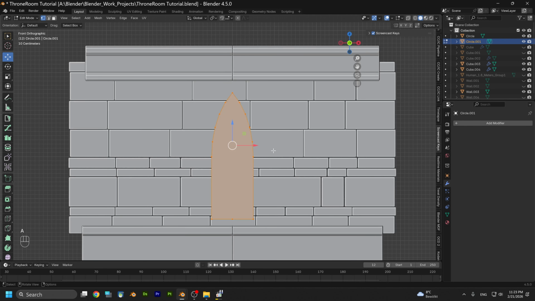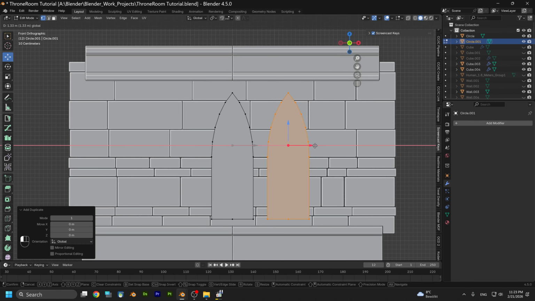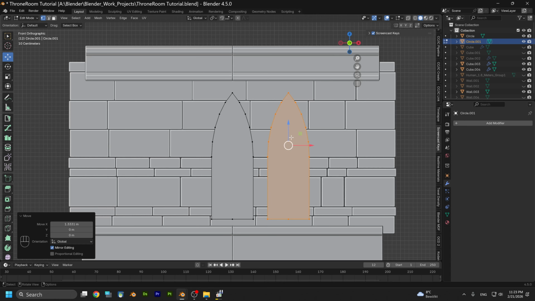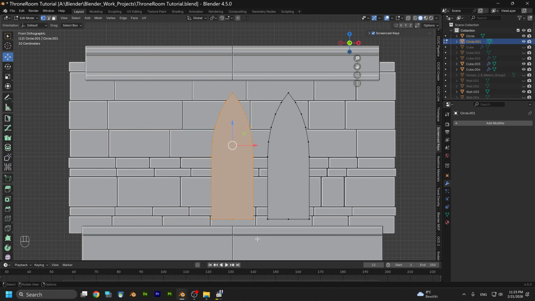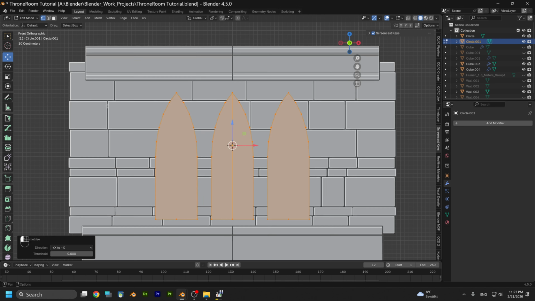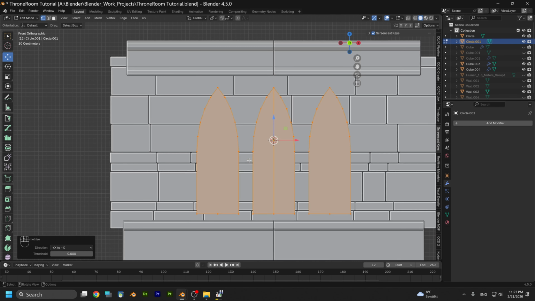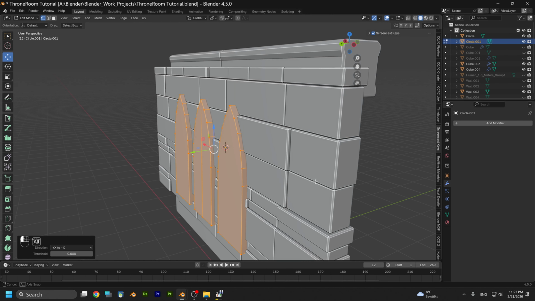Shift and D. We move this here, and let's select this one, and we're going to set cursor to selection, origins to 3D cursor. Now we select both, and let's mesh and symmetrize so we can add this third one on the proper place in the other side. And now we have our 3 windows,